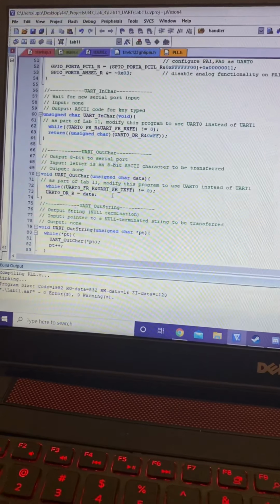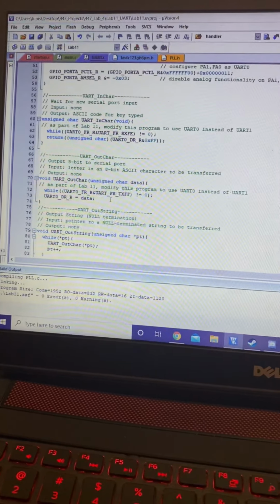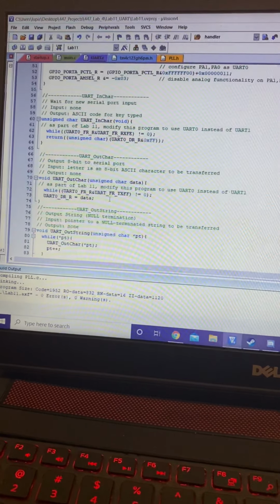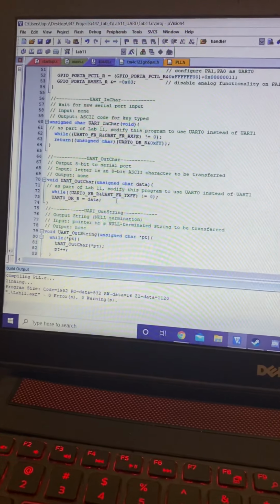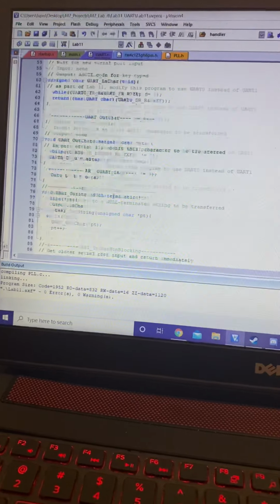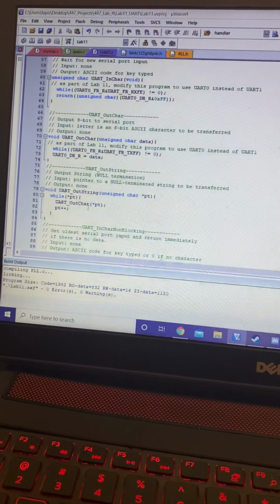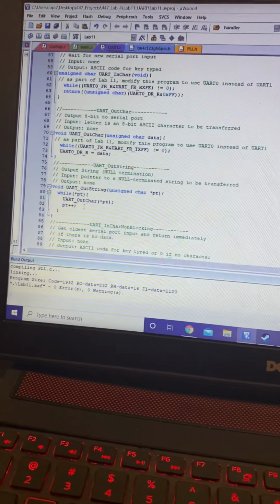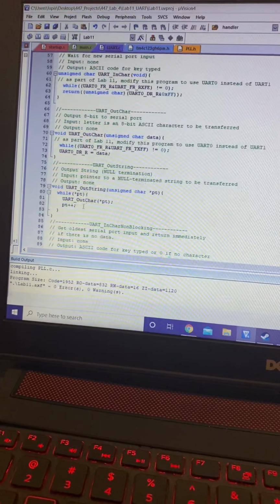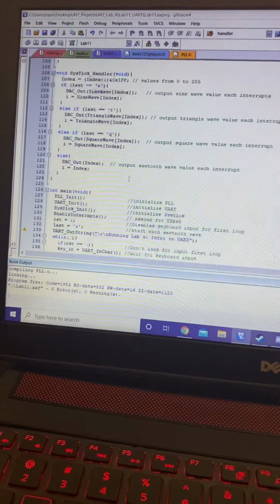OutChar is a function that is going to output data from our code into the serial communication in order to give a result for the data that was inputted. And OutString uses OutChar and just loops through it so that we're able to use more than 1 character, so it's able to use a whole sentence. Back to our main,